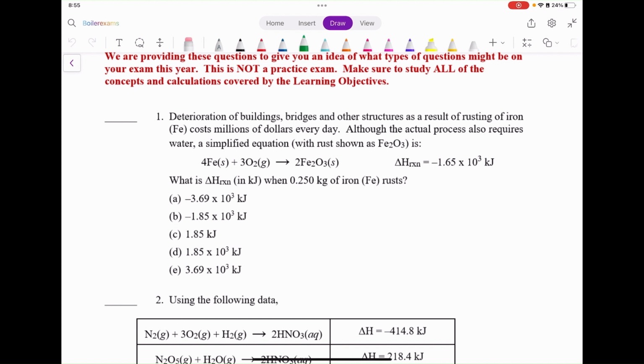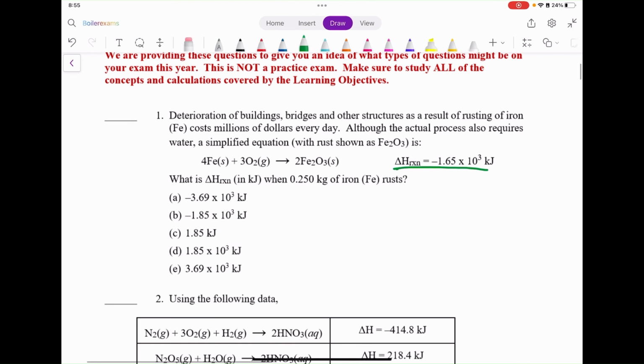Okay, step 1, we're going to want to convert. We're going to want to know how many moles are reacting, because this number they tell us on the right is essentially per stoichiometric mole. So we're going to want to find how many moles of this iron is reacting. If we have 0.25 kilograms, let's get this into grams first because we're going to use the molecular weight. In 1 kilogram there are 1,000 grams,